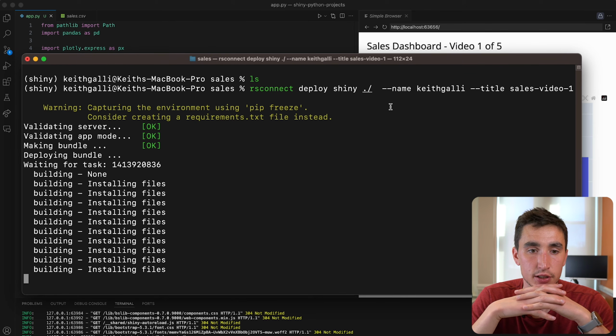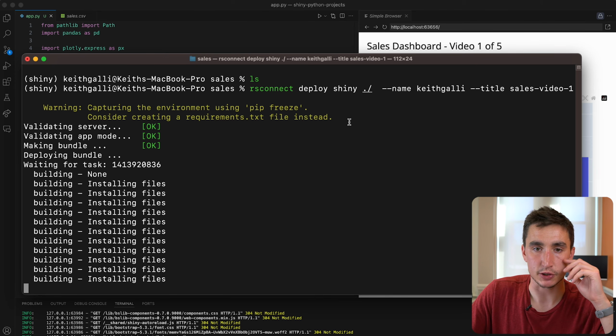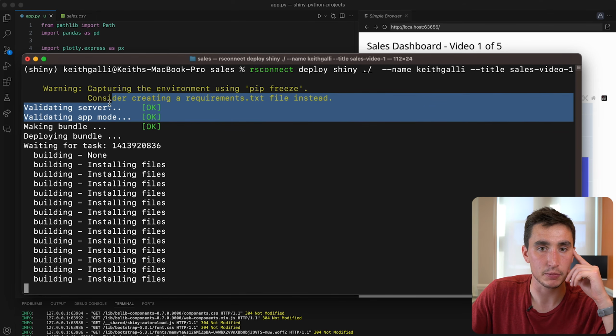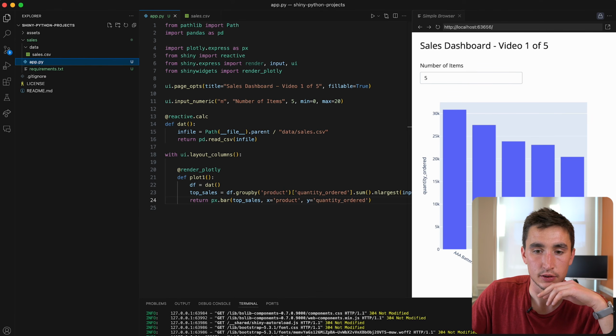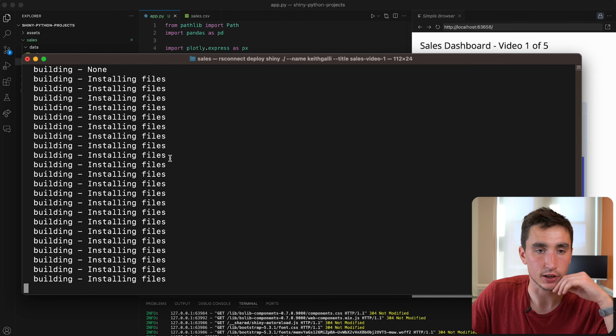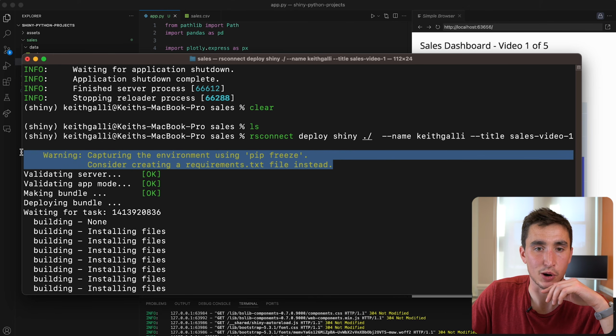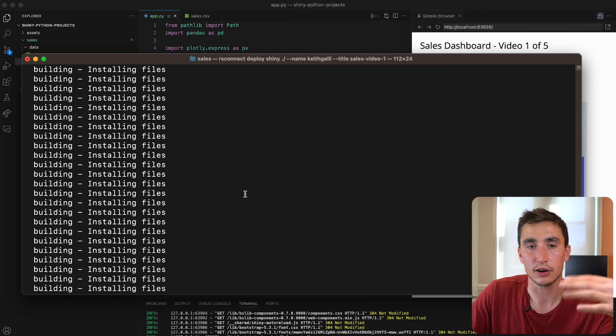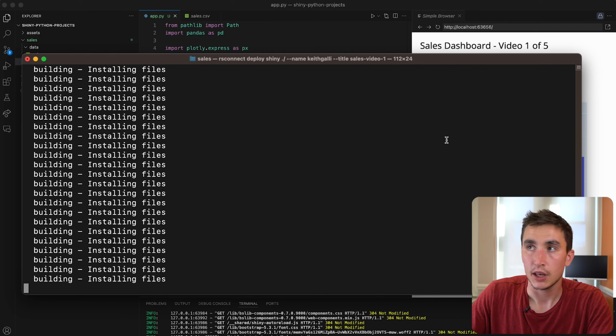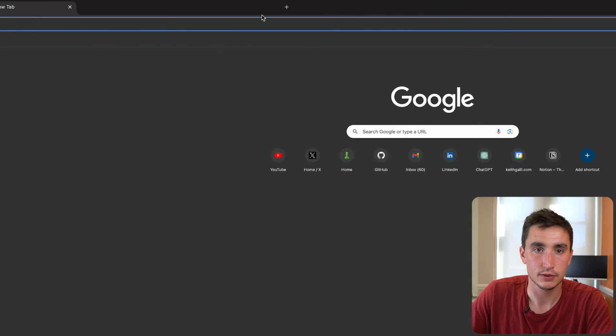we see that it is building, installing files. We also see that we got this warning about the requirements.txt file not being in that repo. So it actually might be the best play to have this requirements.txt and actually put it directly in the sales folder and just have a requirements.txt in each of the projects that we're building. Minute detail, but installing files. Basically the requirements.txt lets us deploy this and lets Shiny know what our requirements are when we deploy this to the cloud. And if we go to that Shiny apps,